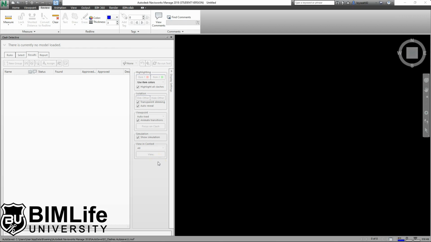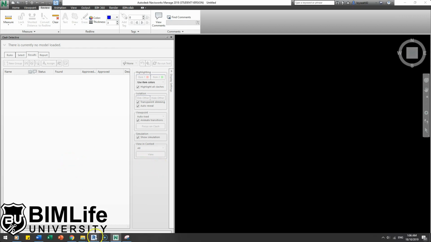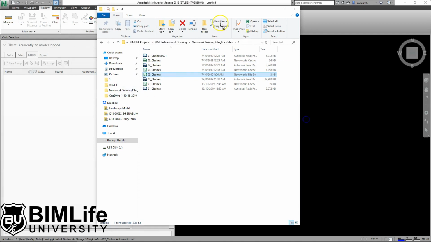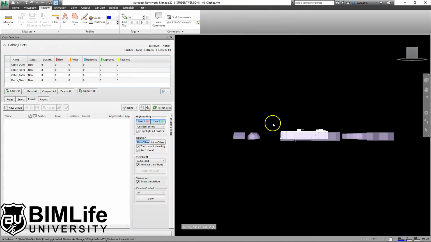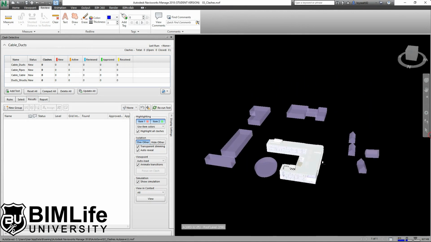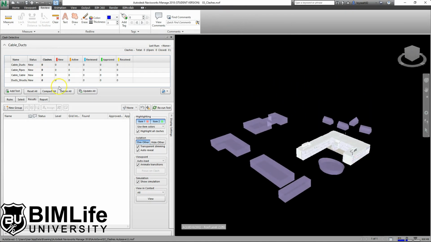Moving forward, in the last kind of test for clash detection, I need to go to folder number 4 and open up the 03 clashes Navisworks file. Okay, so you can see here much more elements inside the model, and in this file there's already 4 tests that are created. All the tests have not been run yet, so we're going to run one